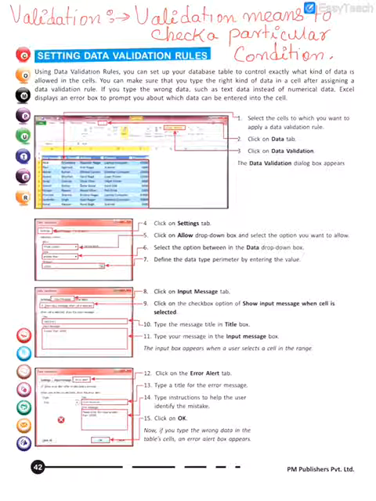Okay, understood? So click on the data tab, then data validation, and the data validation dialog box will appear. On clicking on the settings tab, okay, a drop down list will appear by the help of which you can check or validate the criteria. Okay. So in this way we can check the validity of the condition. Suppose phone number. Phone number is of how many digits? So we can specify minimum, maximum, how many numbers can be there. That is 10 digits. If suppose anybody is entering 12 digits, it will show a mistake or error.